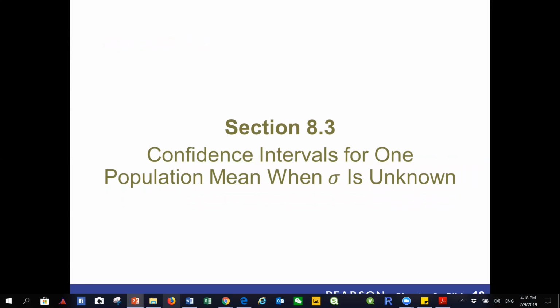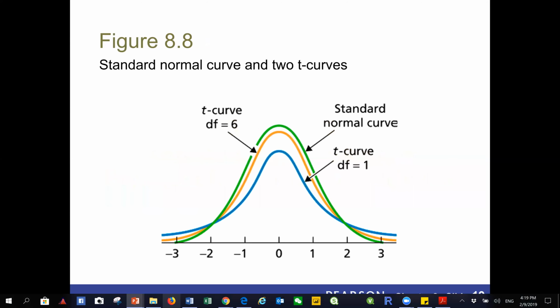Okay, now let's see the case when sigma is unknown. When sigma is unknown, we lose an important piece of information. Therefore, the two tails will increase. As you can see here, the green curve stands for the normal distribution, but the blue and orange curves stand for the T distribution. They are very similar, and actually when the degree of freedom, which is sample size minus 1,